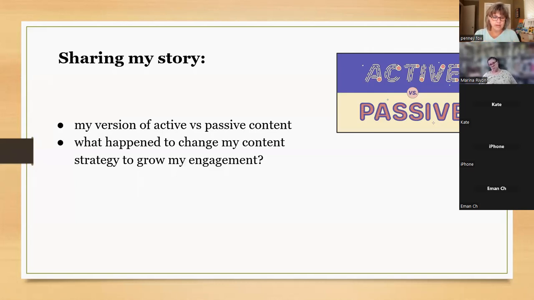And what I noticed is when I moved past the idea of just posting, because everybody says you got to post. Everybody says you got to post 3 times. And so I'm going to create all this content and I'm going to post all of this stuff up here. And it wasn't moving the needle any bit. All it was doing was consuming a lot of my time creating this content. But when I flipped the switch on it and I thought about it in a way of how could I actively